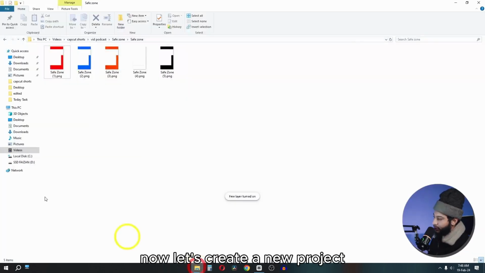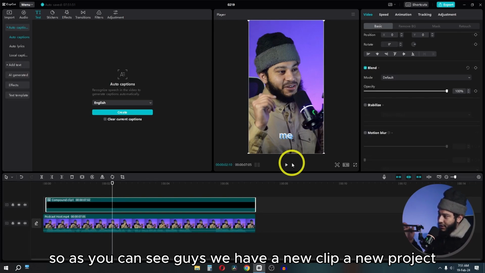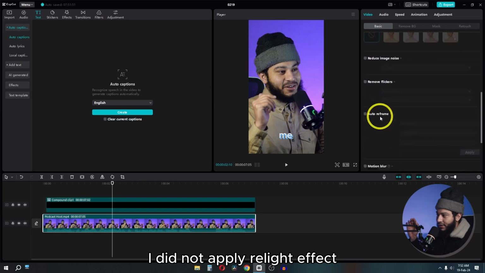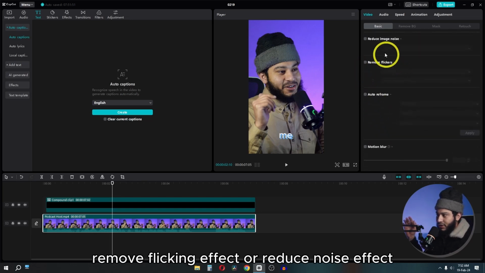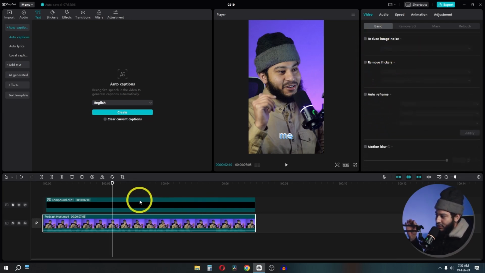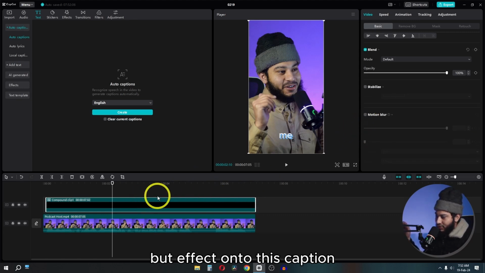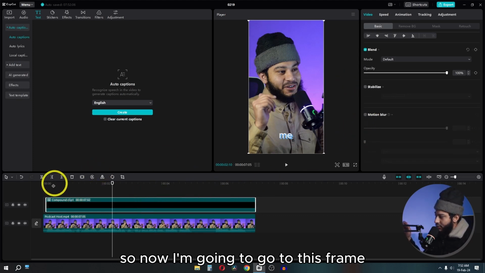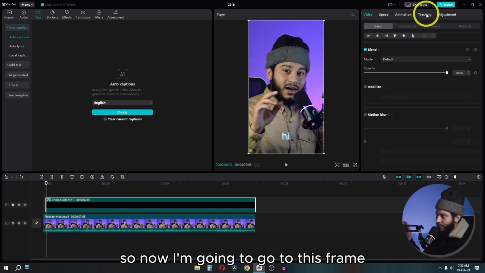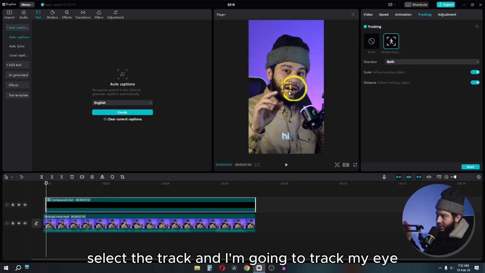Now let's create a new project. So as you can see guys, we have a new clip, a new project. I did not apply the relight effect, remove flickering effect or reduce noise effect, and I did not apply the motion blur effect onto this caption. So now I'm going to go to this frame, go to the tracking, select the track,